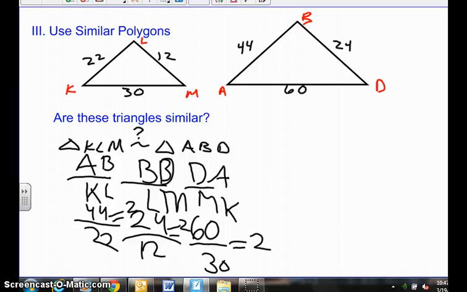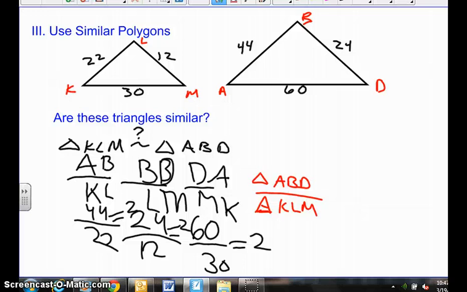He's showing you that these triangles are similar because they all have what looks like a ratio that equals, for his setup, his ratio equals 2. See that? So he set his up like this, triangle ABD over triangle, how do we name it? KLM, I guess, KLM. Now, that's one way to set it up, and it proves that these triangles are similar. The other way to set it up would be,